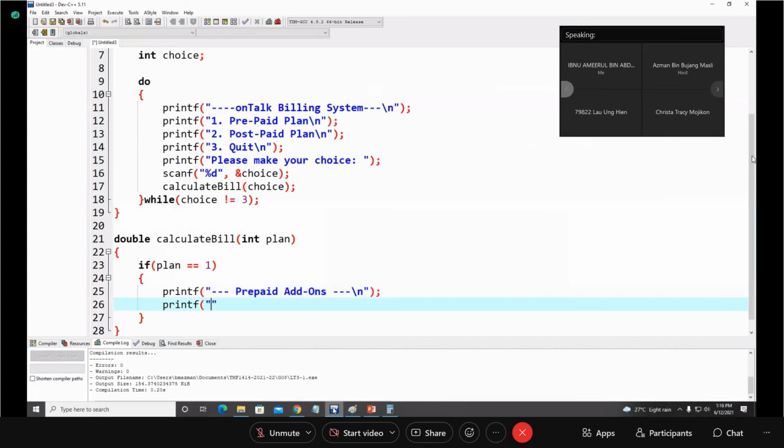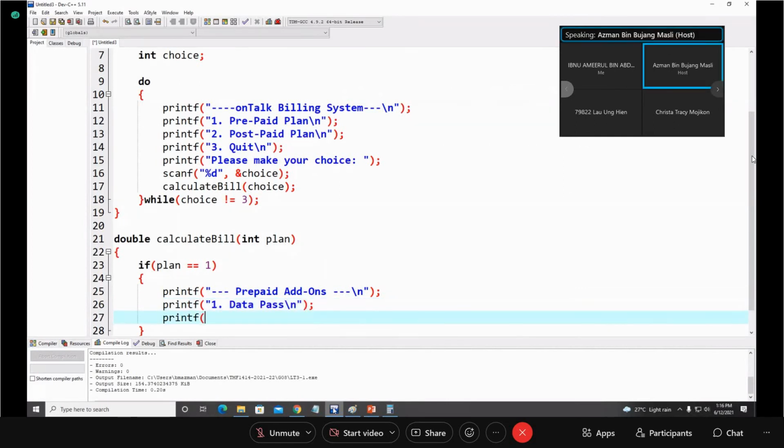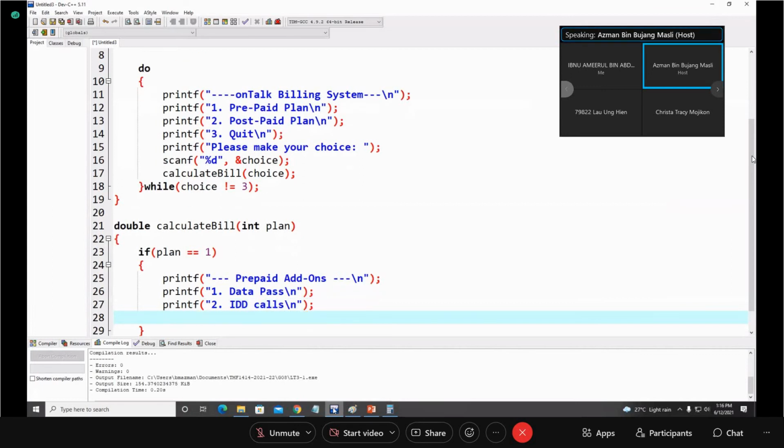Printf, data pass. Number one is data pass, and then new line, close the bracket, and then another one is number two. What is it? IDD calls. And then number three is none.